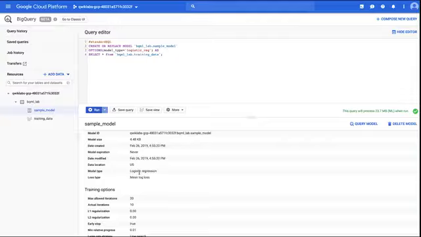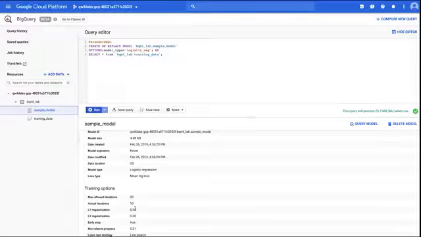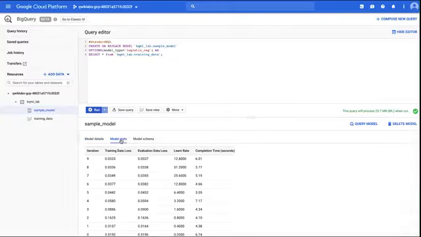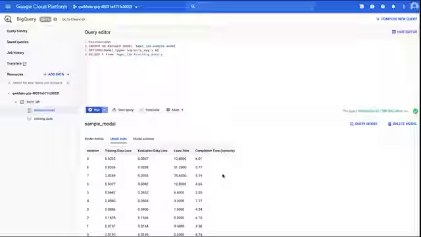You see it is a logistic regression model type, which is what we selected. The type of loss we optimize for is mean log loss, and then it has other details of the parameters.